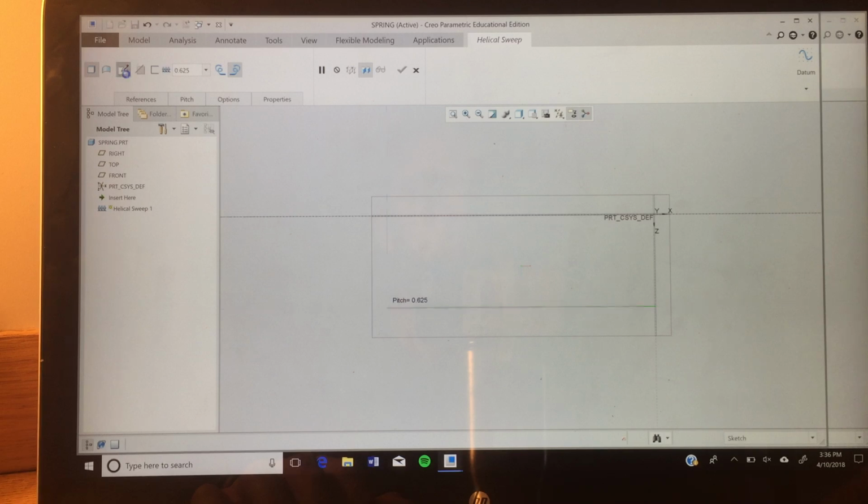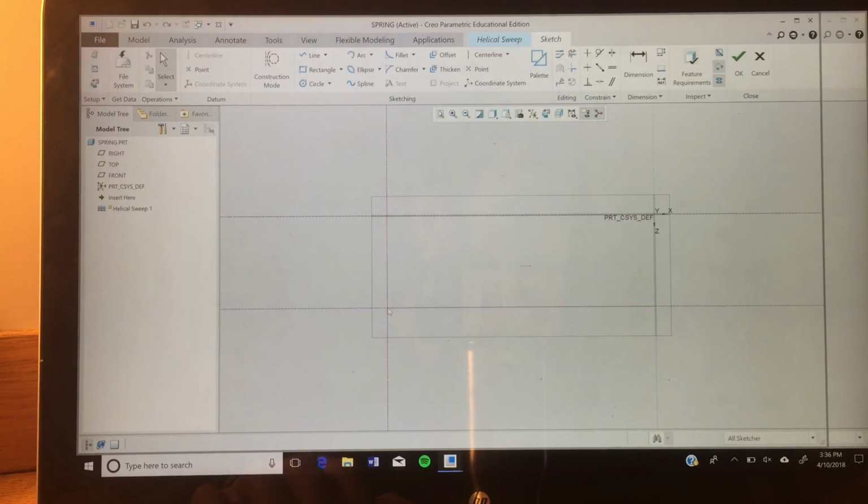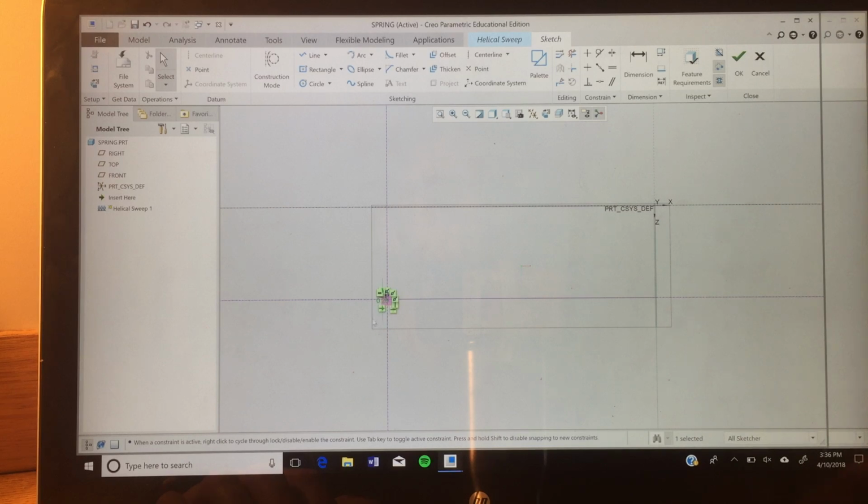And now we're going to create the cross-sectional view here. Looks like it's a square shape. So right here is where we're going to make it, where we have defined the shape that it's going to take. So here we go. We're going to make that square, and we're going to label it 0.25. That is the cross-sectional view here. And what you can go ahead and do is click OK,